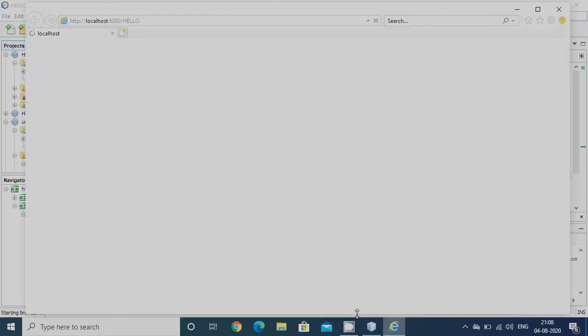It is showing deploy. And this is the output of the program I have written. Welcome to the world of web. Every time, the Glassfish server will show the output on localhost 8080. Not only the Glassfish server, all the program outputs will be shown on localhost port 8080 for this application.